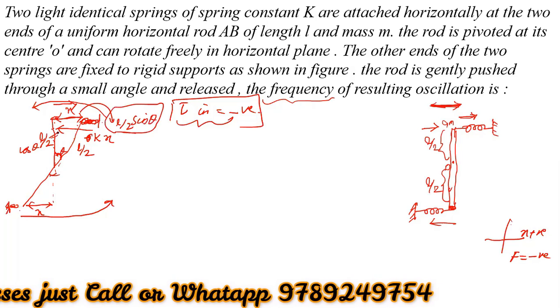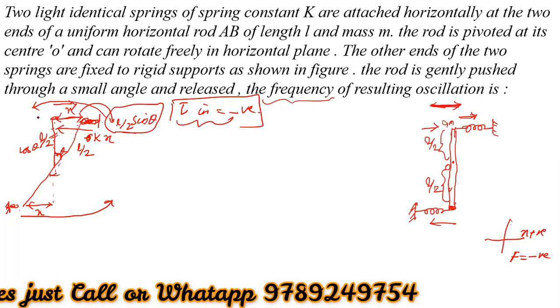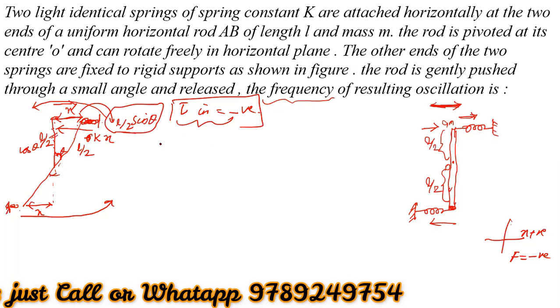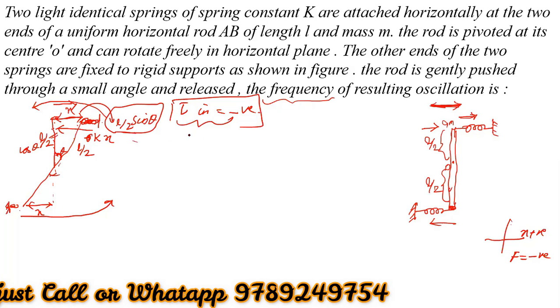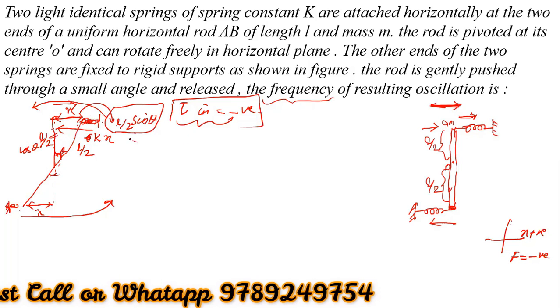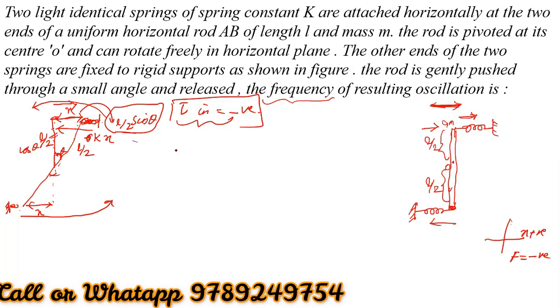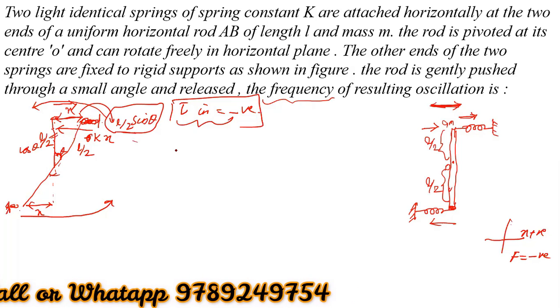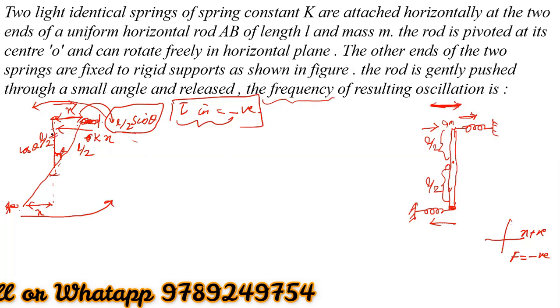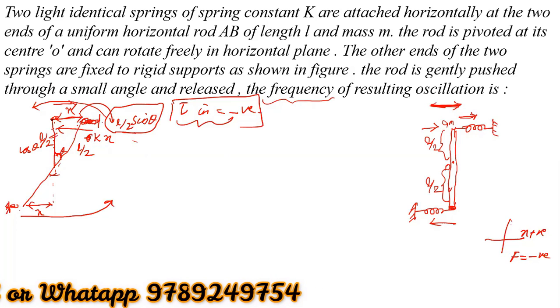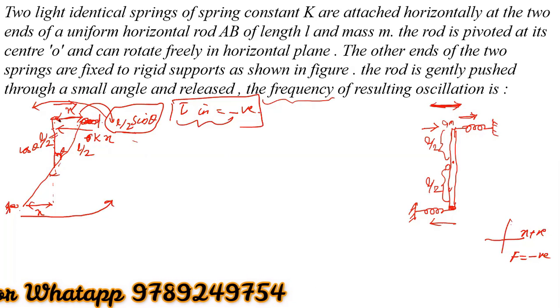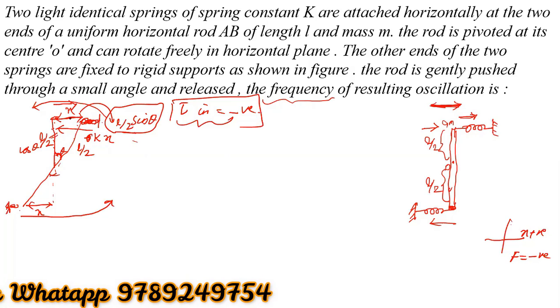You understand, right? So then you compress and release, and it will oscillate like that. While it is oscillating we cannot study that system, so I am stopping the system here. This length is L by 2, this length is L by 2 cos theta, and this x is L by 2 sin theta, right?